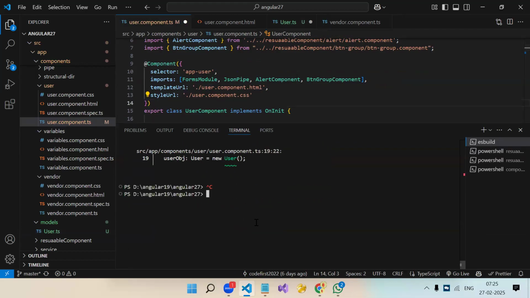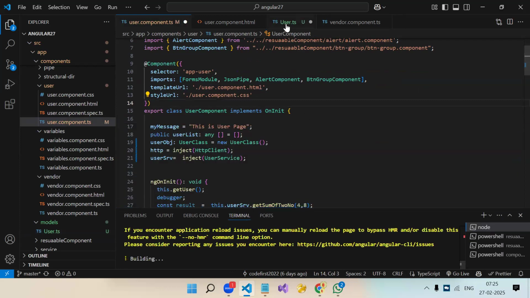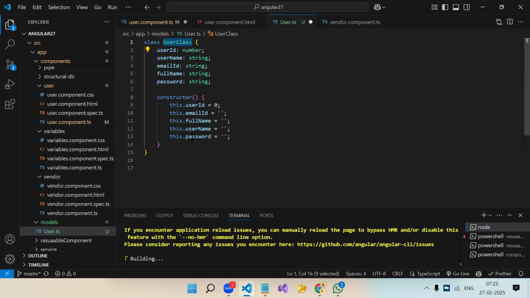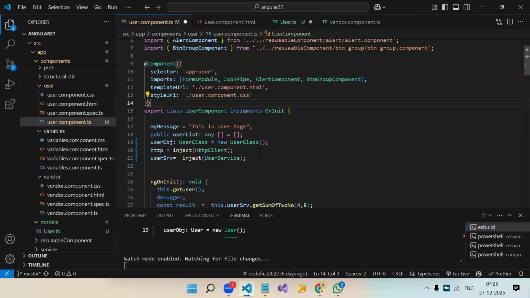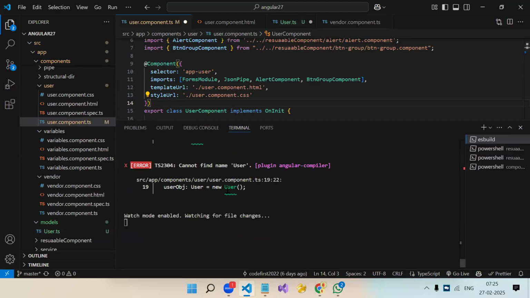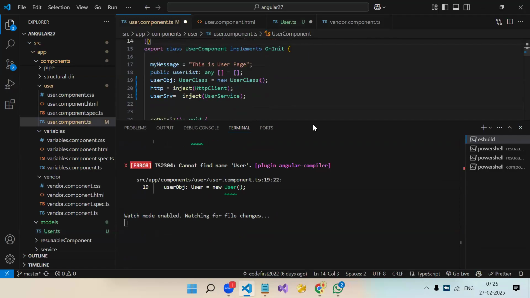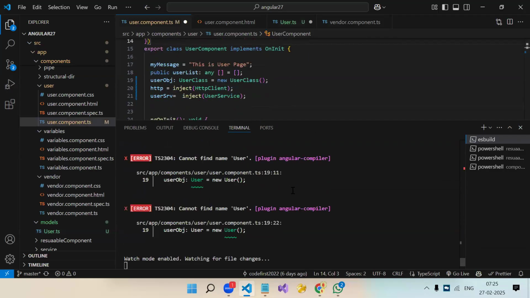Where it is giving 'compiler cannot find user'. Let's stop and run it again. It should give the compilation error only. See, your class is in one file, and you are trying to use it in another file, right? So it should give an error. It is understanding user. We removed the user. Now why is it saying user? Was this not saved?